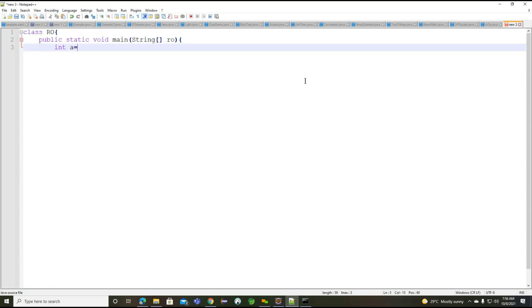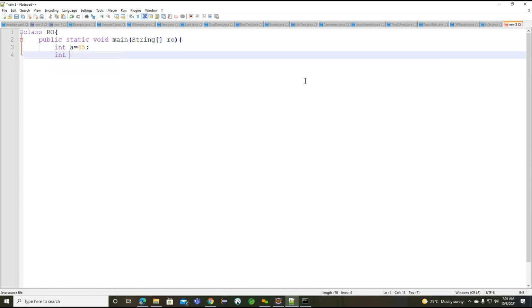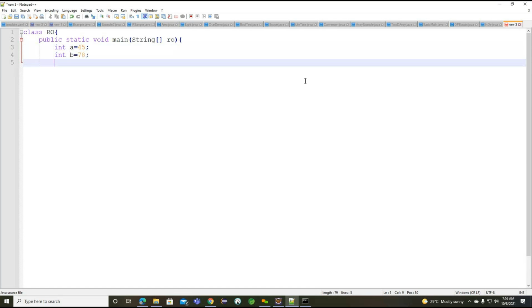And int A is equal to something like 45 and int B is equal to something like 78. We'll work on these two variables' values. With the help of these two variables, we'll try to perform all the relational operators.